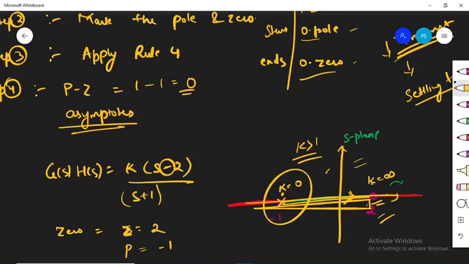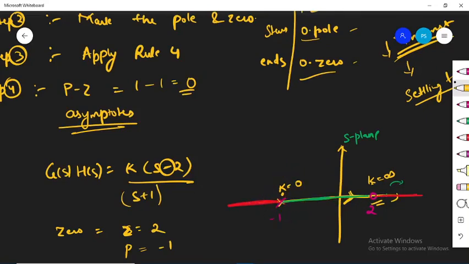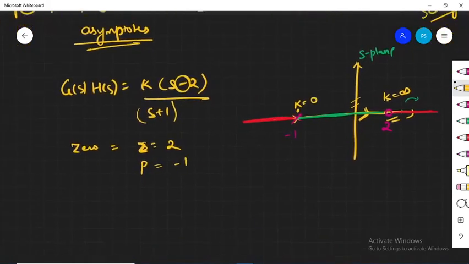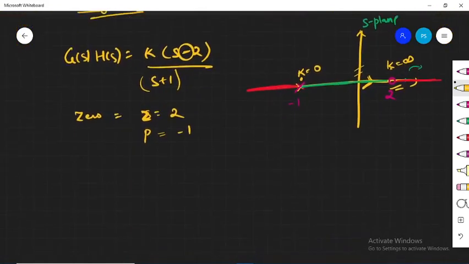Now here you can see that of course this root locus is crossing the imaginary axis, and if it is crossing the imaginary axis, then you can understand what the minimum value of k should be so that the root locus does not go towards the right hand side of the s plane. So the rule that we have seen today, that is finding the point of intersection with the imaginary axis using the Routh-Hurwitz criteria, we can actually apply it over here.